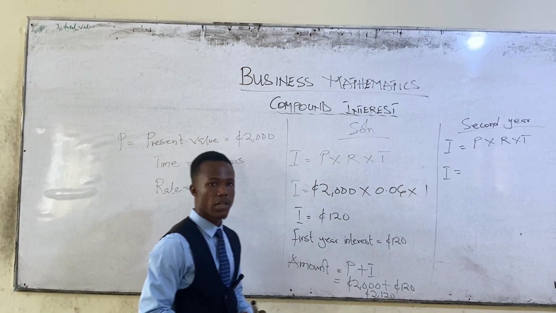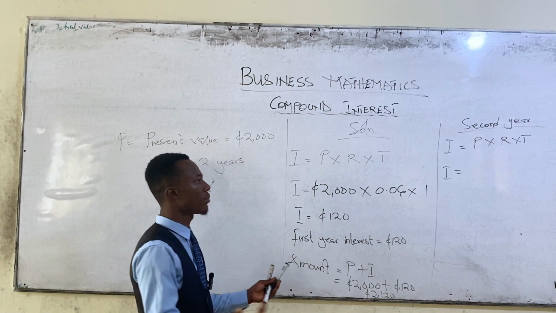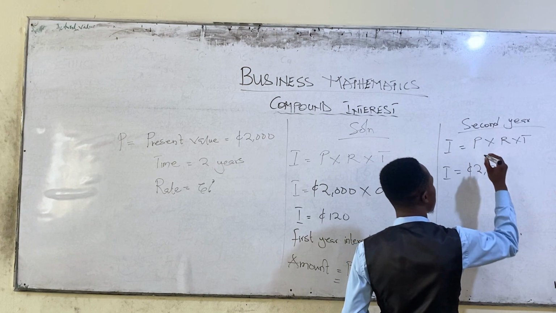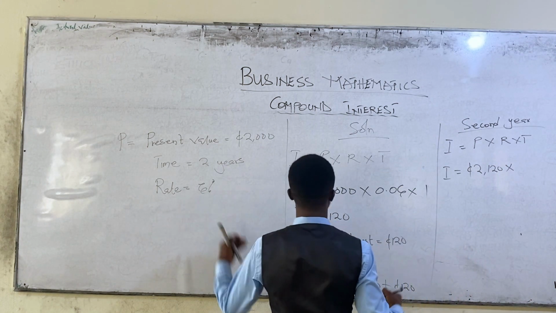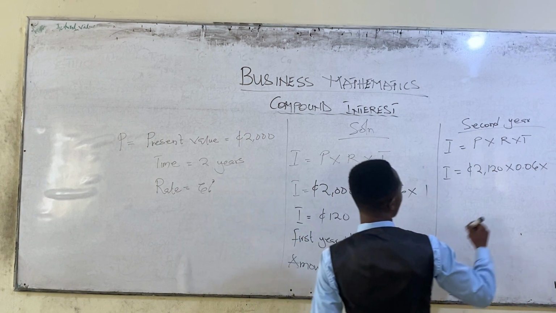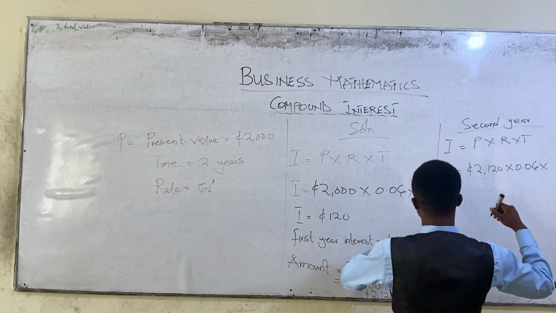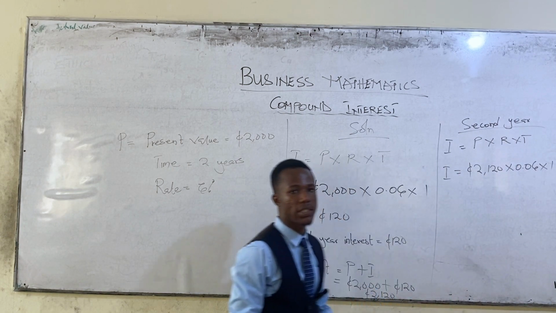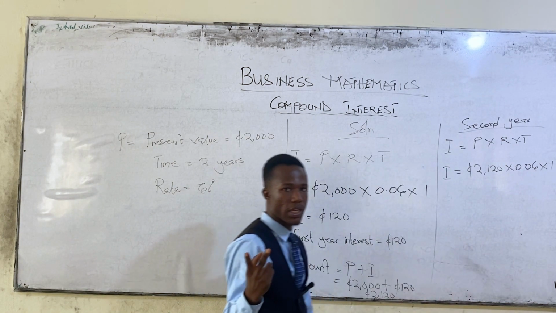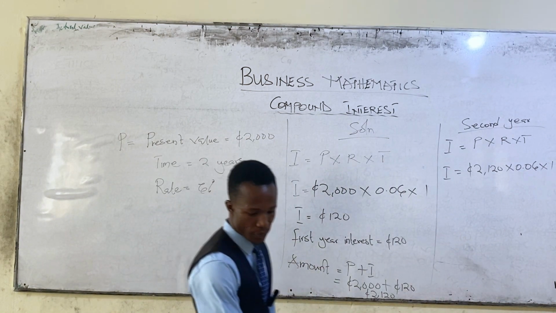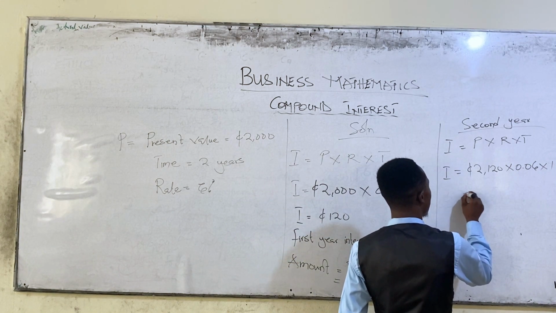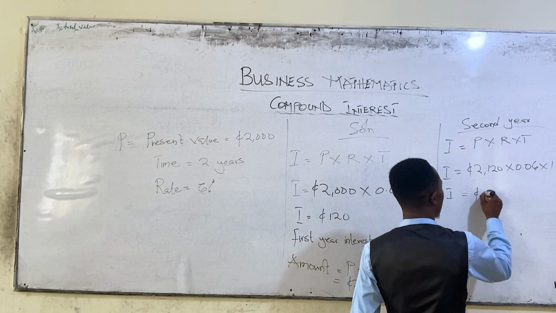2120 Ghana cedis. And so this amount after the first year becomes our principal for the second year, which is 2120, multiplying the same rate, 6%, the same time, which is 2 years. Sorry, 1 year. So we are done with the first year. So we multiply it by 1. That is our second year. So this is 1 year. This is another year. That is what? 2 years. Okay. So you multiply everything and you are going to get your interest to be